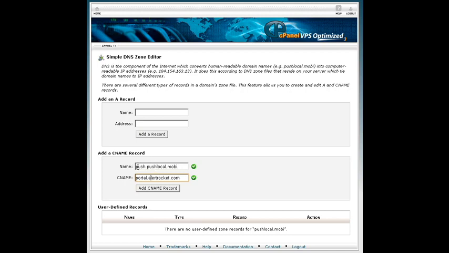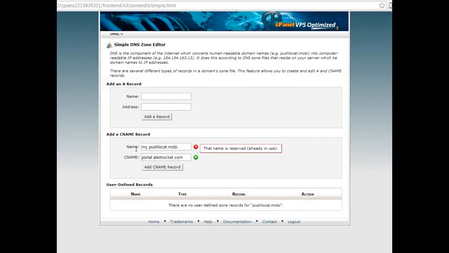So all you need to do is just type in whatever you want to call your reseller on your domain. You don't need to set up the subdomain, just type in that word, and it automatically adds the rest of your domain name. So type in push or my or messages or whatever you like. Once you click that add CNAME, then you're done, and you just need to wait a little while